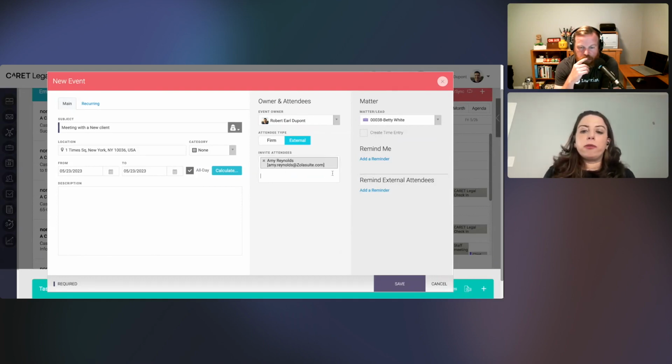In using that external relationship, it also adds a separate reminder section for those outside parties. So, the same way I, as a member of the firm, want to be reminded that this is coming up, and I could do so by text message, email, or browser pop up, I can also do this for that outside person by text or email so long as I have that contact information on file. So really helpful for making sure that that potential new client has a little nudge leading into the appointment, that they don't forget that they booked that consultation, or when you're approaching something like a deposition, you want to nudge the court reporter, make sure that you're